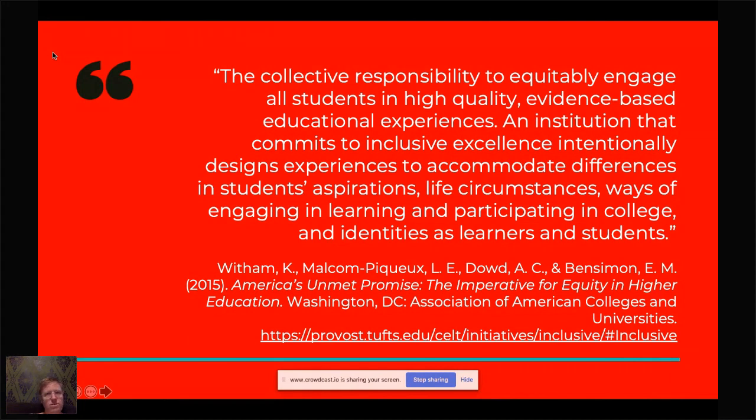Students will sometimes tell me they're visual learners or they're auditory learners, and I understand what they're saying, but the research also shows that reaching students at a lot of different levels is how they learn best. So it's partly about how students think of themselves as learners, but also their experiences, what they bring to the classroom, whether or not they feel they belong, whether or not they feel like they have a voice they can share. So inclusive excellence is really about thinking about students as whole people, and that they bring that whole person to our classroom, even if it's only for 50 minutes.